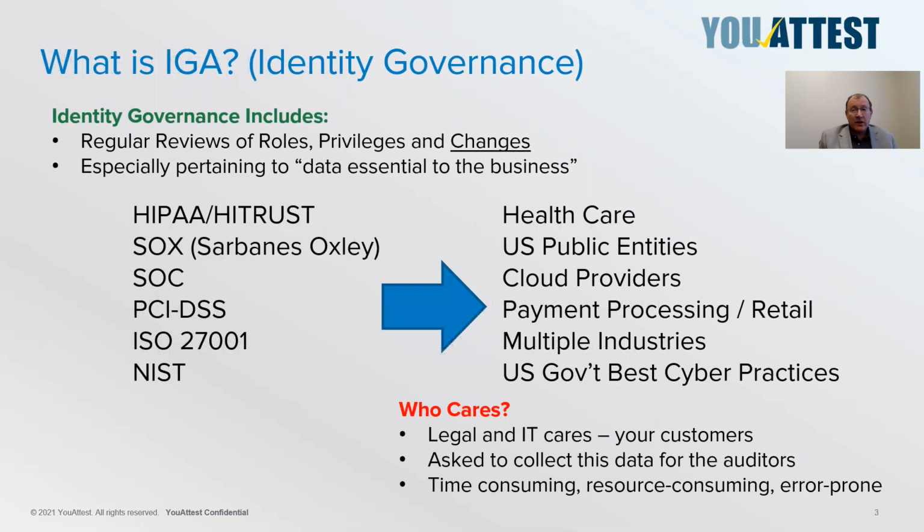What is IGA? Your customers, the Okta customers, know what IGA is. It is what they need to do to show compliance and show governance of the identities and roles after Okta is deployed. Whether they're in healthcare, the public sector, the government sector, whether they're cloud providers or retailers, they know the individual compliance they have, and they care. They care because they have to pass the audits with the identity product in place. So the people you are talking to, the people you are selling to in Okta, are customers of IGA.